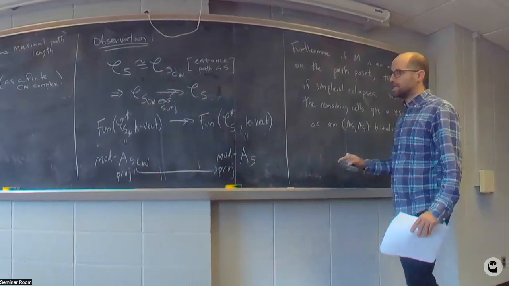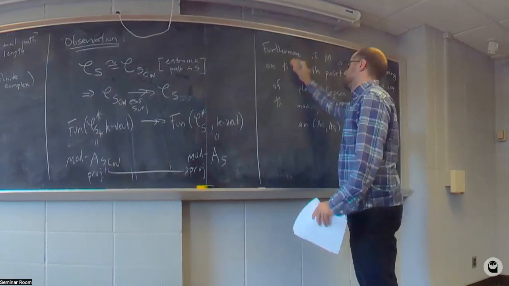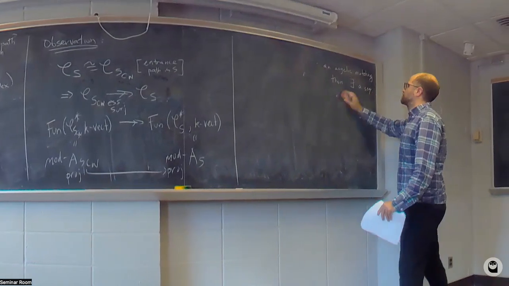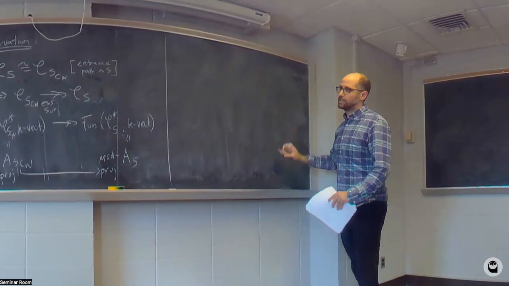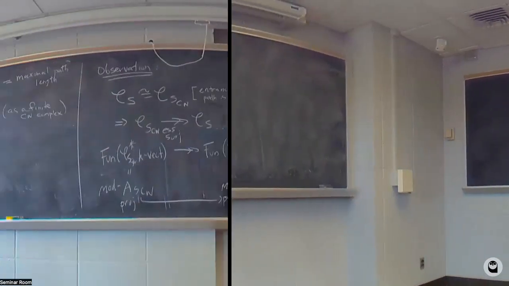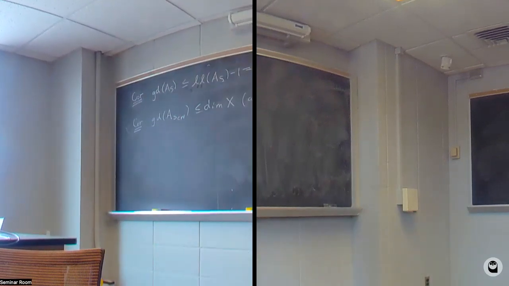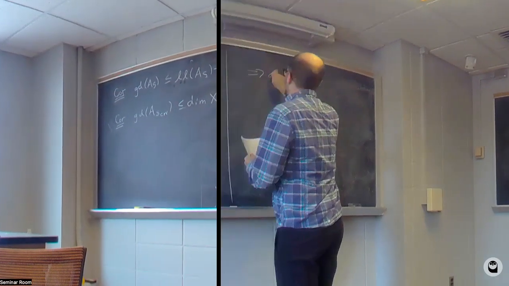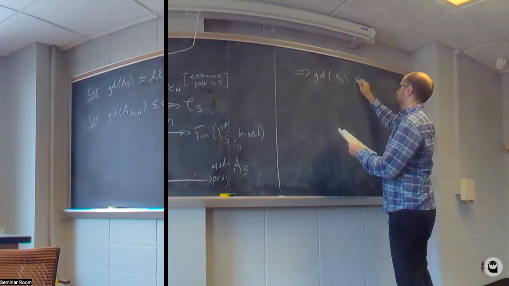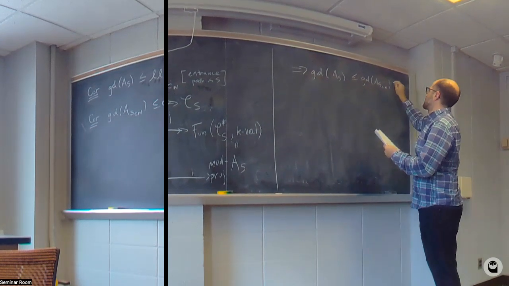In fact, it takes ASCW to AS as a module. And then these algebras are non-commutative, so you can put left or right. Okay. Good. Well, what does that imply? That actually implies that the global dimension of AS is less than or equal to the global dimension of ASCW, which is less than or equal to